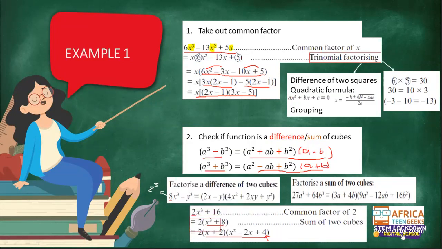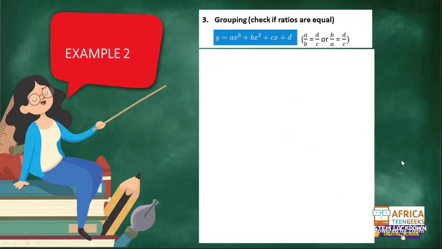So remember, today I'm just trying to show you how to factor our cubic polynomials. Okay, so if in this case you have a term where you have x cubed plus 2x squared minus 5x minus 10 that equals to 0. Okay, so you can try to find a common factor. In this case, that won't help. And then you would try to check if it's a difference or sum of 2 cubes. It's not the case. That means we will try grouping.